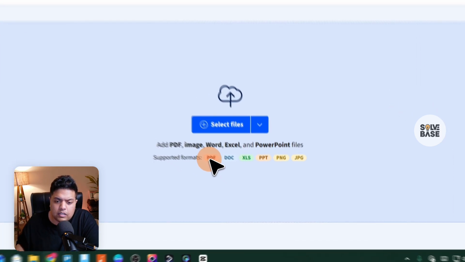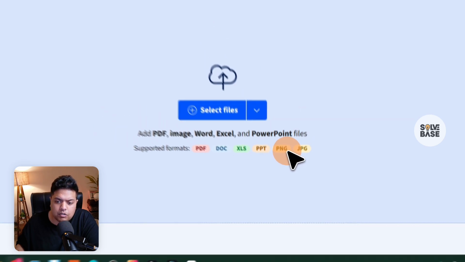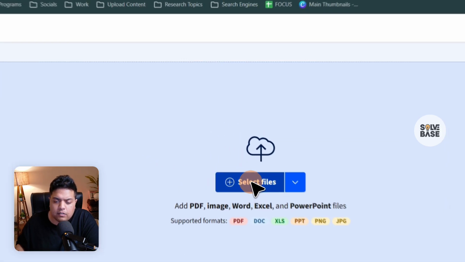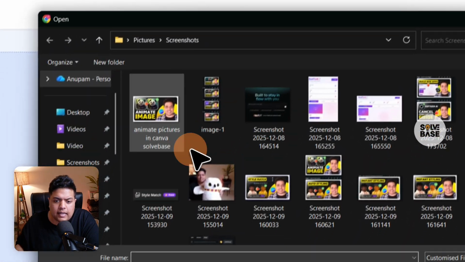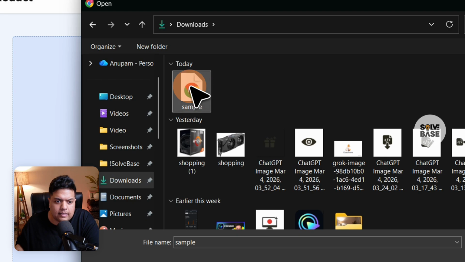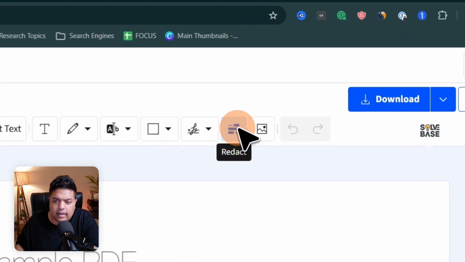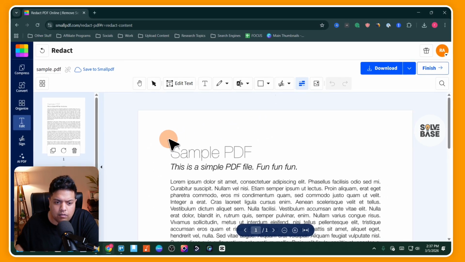You can see here, you've got these supported formats: PDF, document, XLS, PPT, etc. Now you just need to press on this Select Files button on the top, and you can select an image file, or I can go over to the Downloads button and select this sample PDF file. Now inside it, all you need to do is select this Redact button on the top, and you've got this